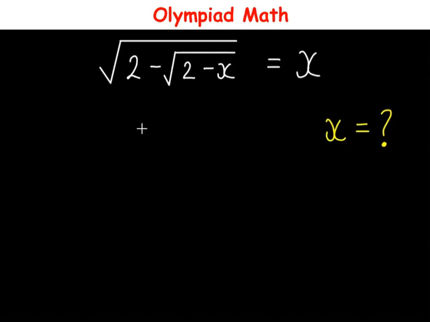Hello everyone, in this video let us solve this question. So we have square root of 2 minus square root of 2 minus x is equal to x. And here we want to solve for the value of x. So x is the unknown to solve for. To solve this,